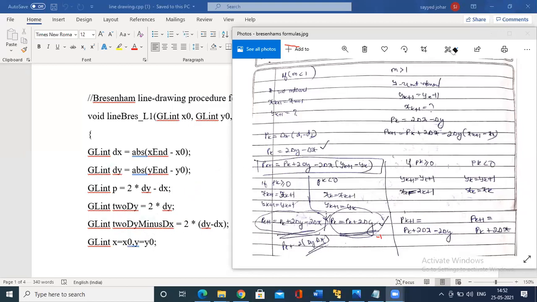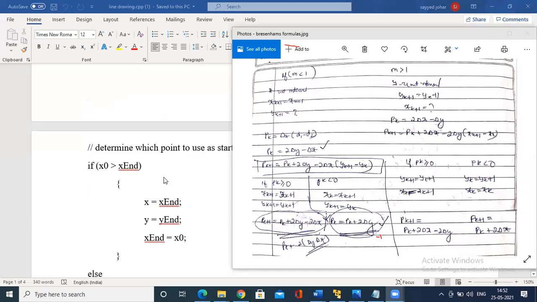Now you have to go with the concept: if x0 is greater than x end, just concentrate, I'll go in short. If x0 is greater than or equal to x end, what should be done? x0 is greater, so you have to reverse it. You treat x end equals x, y end equals y.